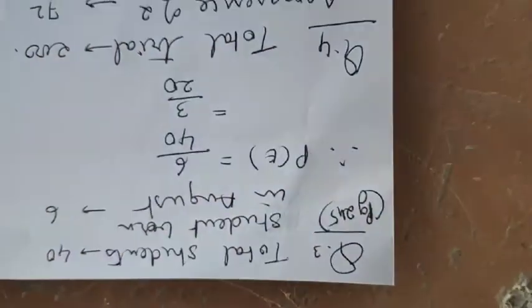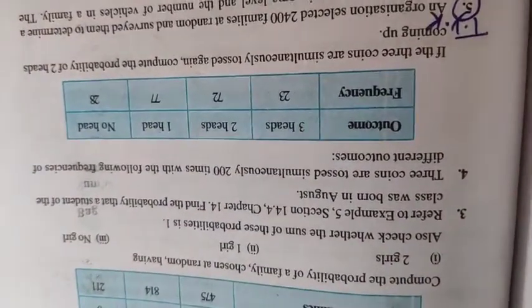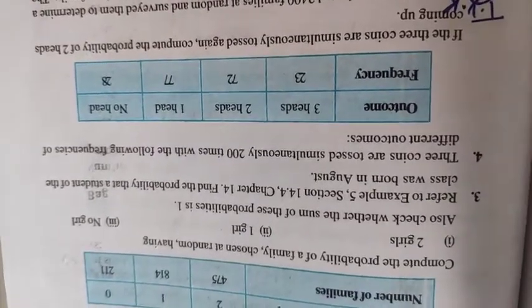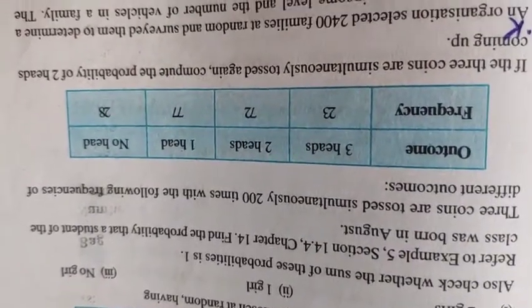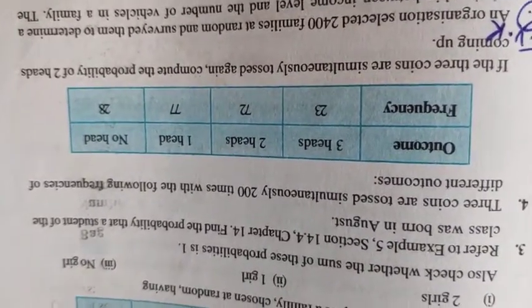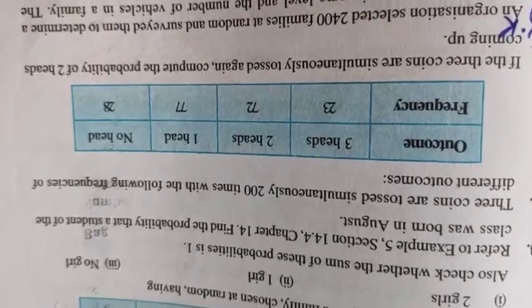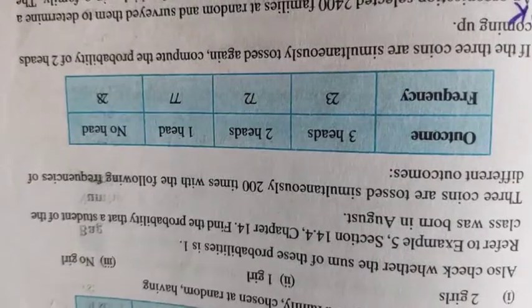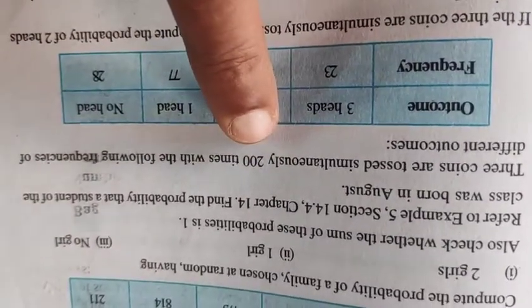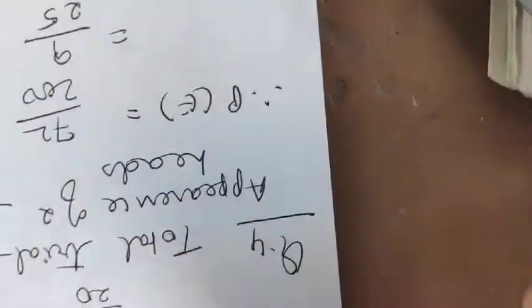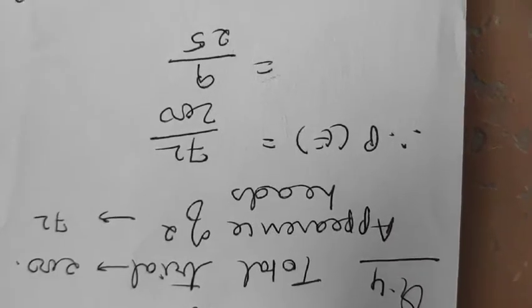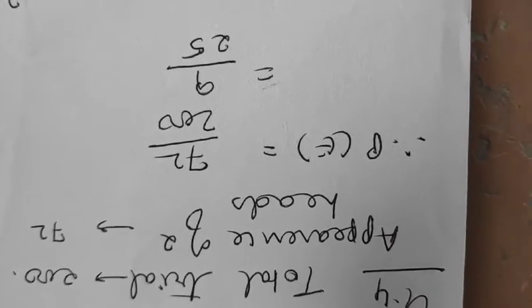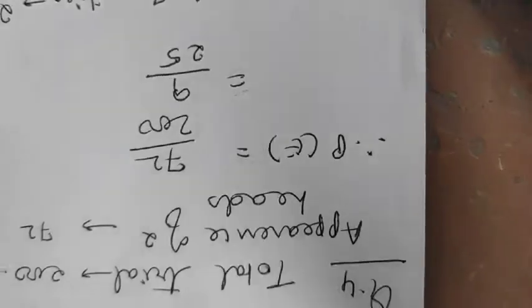Got the sum? Okay. Now the next question which we have is number 4th, in which there are 3 coins which are tossed simultaneously 200 times. And this is the data which they have tabularized. Question asked is, if 3 coins are tossed again, compute probability for 2 heads coming up. Now for 2 heads, what is the corresponding value given? 72. How many times did you toss it totally? 200 times. So the sum would be worked out as total trials 200, appearance of 2 heads is 72 times. So probability will be 72 by 200, reduced form 9 by 25.